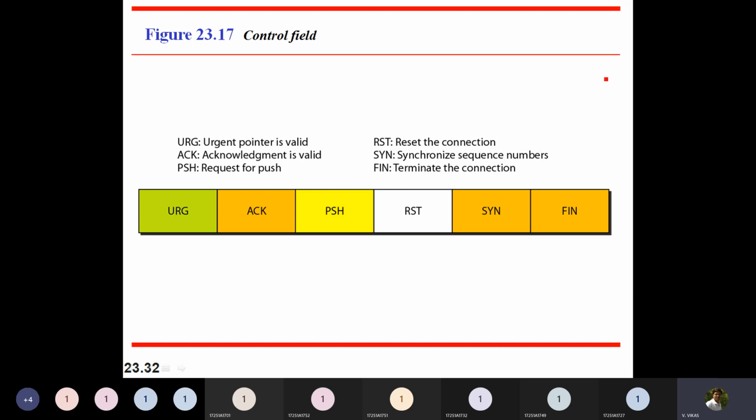Okay, so there can be a question in which they just ask what the flags used in TCP are. In that case, you will have to write about these things, and you should tell for what purpose we are using these flags. If I consider RST, for what purpose are we using it? If I consider FIN, for what purpose are we using it? These things you should be able to answer.